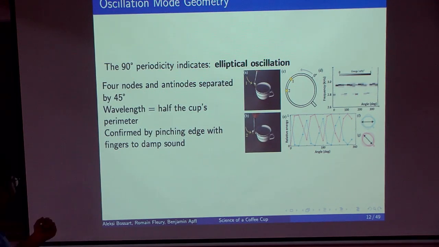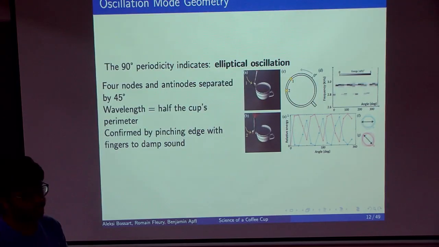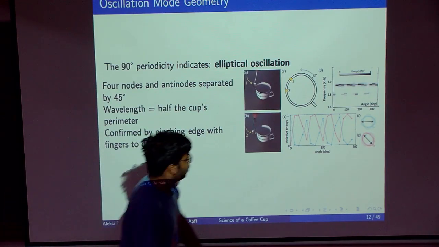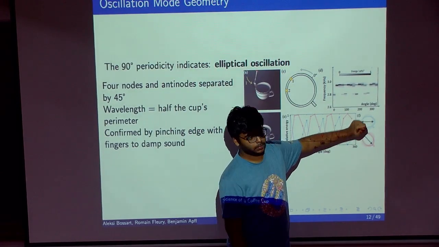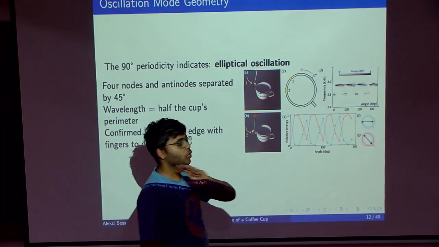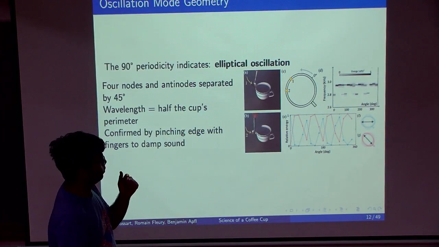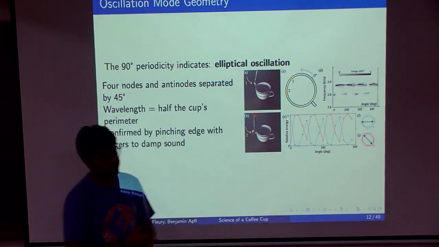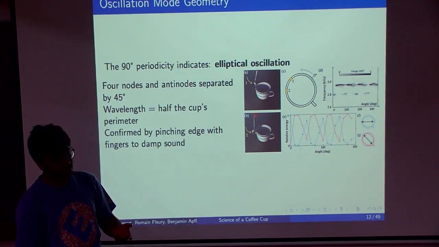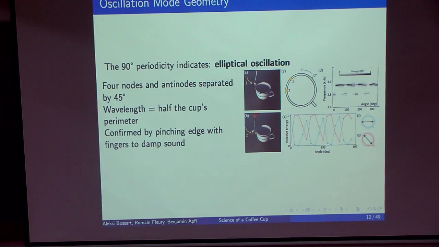Contracting at some level. So basically, this kind of motion will have nodes and anti-nodes. Nodes, if you remember from our wave theory, are the points which are moving the least, and anti-nodes are the points which are moving the most. And these will be separated by 45 degrees because